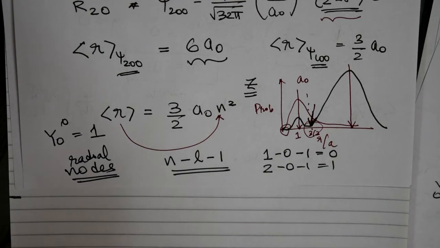For instance, if our Ylm is equal to cos theta, and theta goes between 0 and pi, you realize that cos theta goes to 0 at theta equal to pi by 2. So there exists an angular node for the function cos theta at theta equal to pi by 2. On the other hand, when you have the same Ylm as sin theta, then you have the angular node coming at 0 and at pi. These two values will have an angular node.